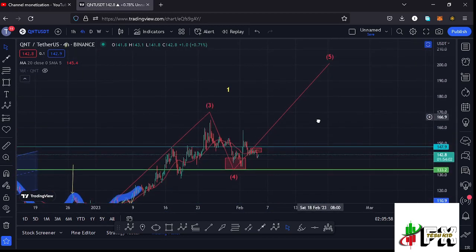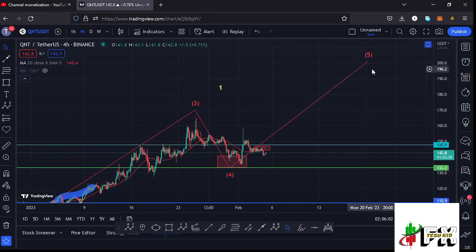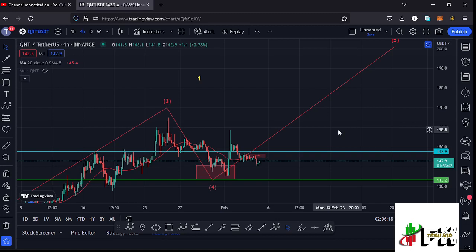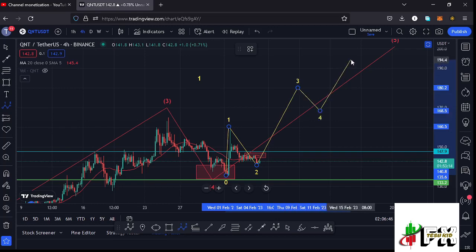And I believe whatever we are seeing at the moment is a bounce to the upside in the formation of this wave 5. And in the formation of that wave 5, we also expect to see a 5-wave structure in formation because of the impulsive nature of the formation of a wave 5. And I believe we are seeing such a structure right here, where we can term this as the first wave to the upside, then this is the formation of that wave 2 before we can expect that wave 3, then expect a wave 4, and then continue pushing even higher in the formation of this wave 5